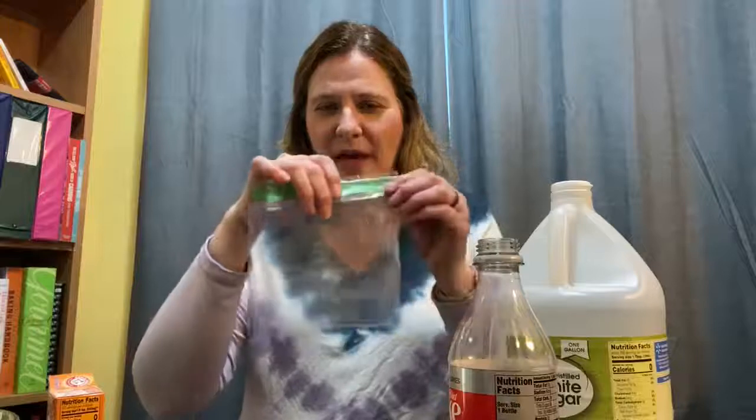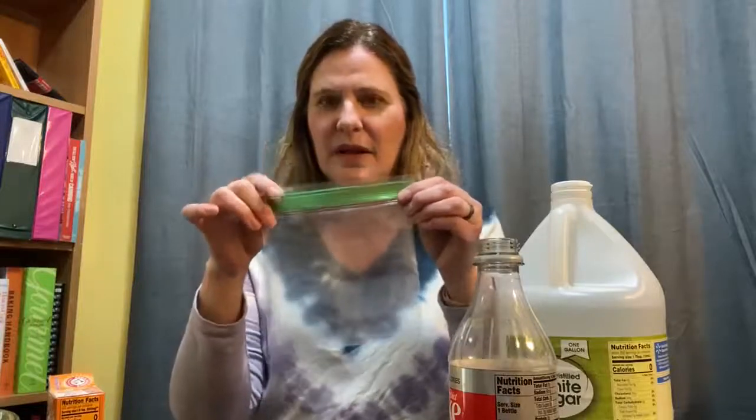Today I want to share with you a science experiment that I like to call carbon dioxide baggie. The first thing you'll need for this experiment is a sandwich baggie. If it has one of these Ziplocs on the top, you'll want to remove it so that it looks like this. You'll also need a plastic bottle, some baking soda,